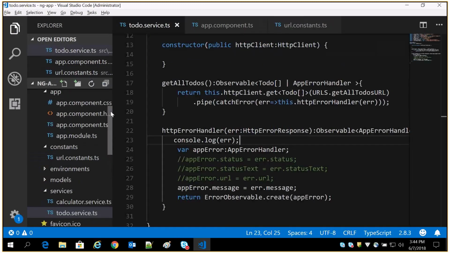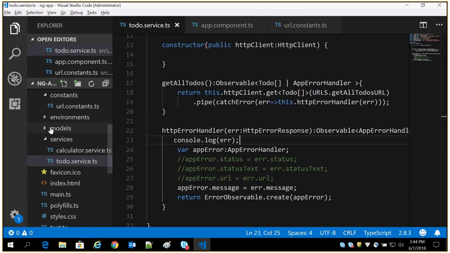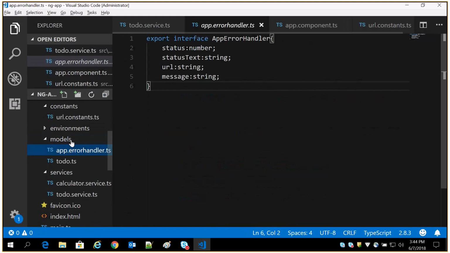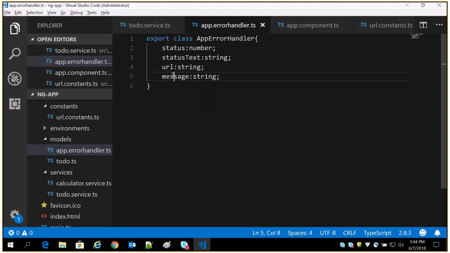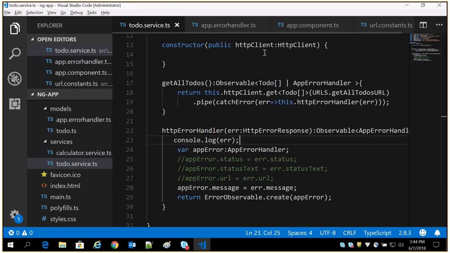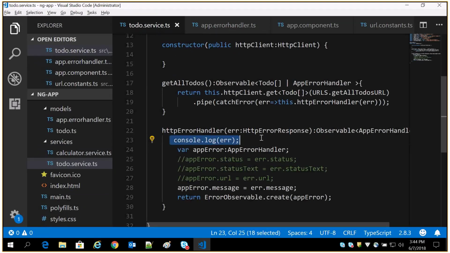A model. Instead of interface, let me make it as a class. So you know that if it is a class, then we need to create the instance, right? So once you have the instance, then it makes sense to work with that. Like, let me say todo service.ts, because I want to create the instance and set it.